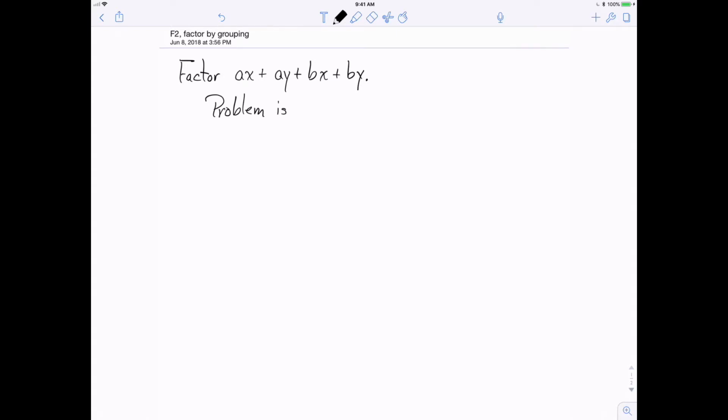is that there's no GCF in all. That's the key part. It has to be a greatest common factor. It has to be in all terms. But look at this. There are common factors